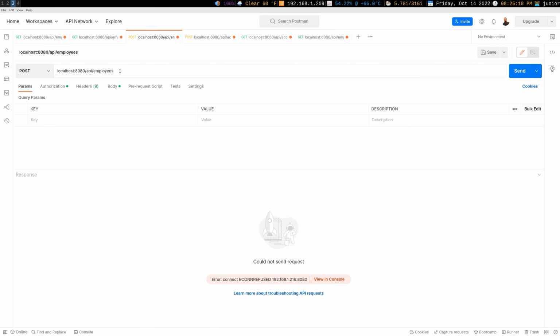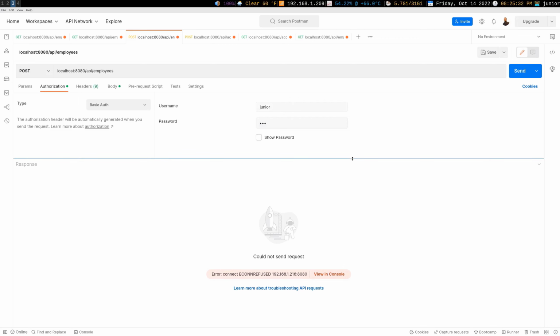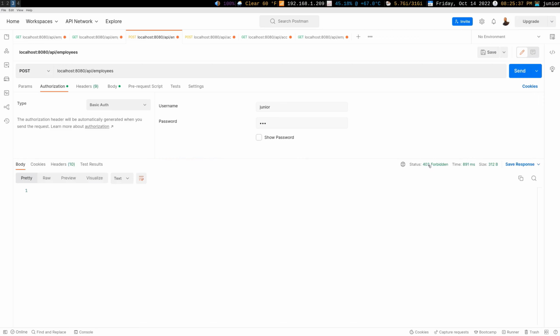And remember, whoever is gonna send a post request to employees, they need to have the role of admin. So let's see what user we're passing in here. So here we're passing in junior. So junior has permission over user. He has role user. So if I send this request, it should give me a forbidden. So let's go ahead and try this out. And you can see here we have 403 forbidden. That means I can access the application like I'm authenticated, but I don't have enough permission to access the particular